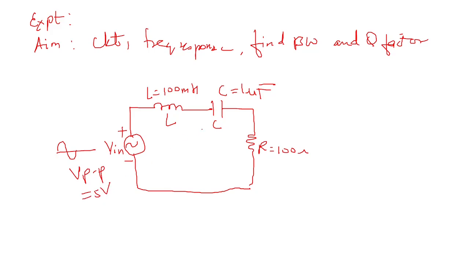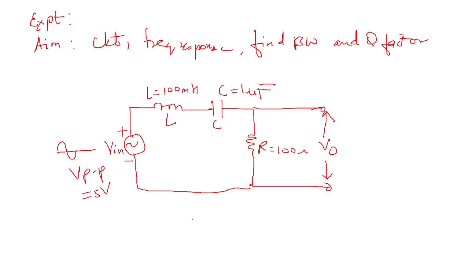Now the frequency of the AC wave will be changed, and then we will see the resonant effect. We will connect our CRO or a meter where we can see the output voltage. So here we will see the output voltage, not the current, because current display is not so easily obtainable in the lab. So we will take the output voltage here, and this is how we are going to rig up our circuit.